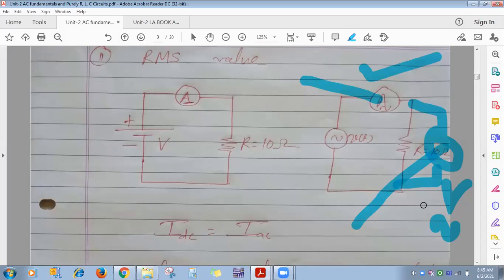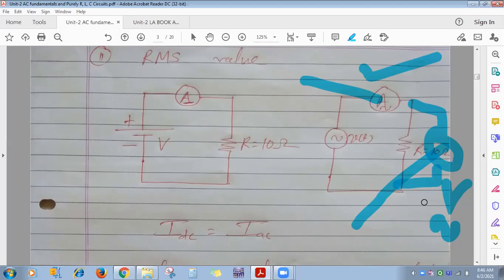In an AC circuit, we connect a voltmeter. These represent RMS values, root mean square value. Voltmeters are connected in parallel, ammeters in series, and in AC circuits they give you some constant value, provided you do not change the supply voltage and circuit parameters. Suppose the ammeter reads 1 ampere and the voltmeter reads 220 volt. These values are the root mean square values.